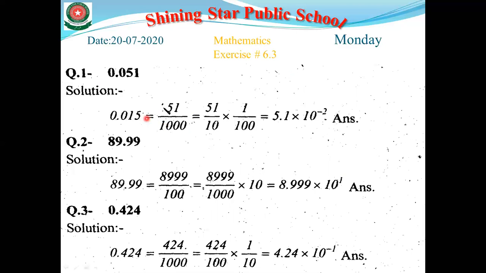So we know, as we learned in classes 6th, 7th and 8th, that whenever we have to remove the point in mathematics, we write 1 in the denominator in place of the point. In the question, we have 0.051. After the point, we have 3 digits: 0, 5, and 1. So that's why we write 1 and three 0s. So it becomes 1000. Now, how many digits do we have in the numerator? We have 5 and 1.